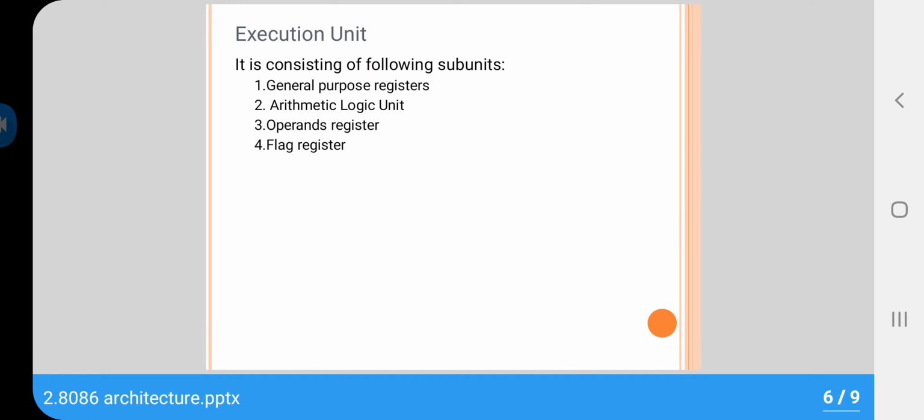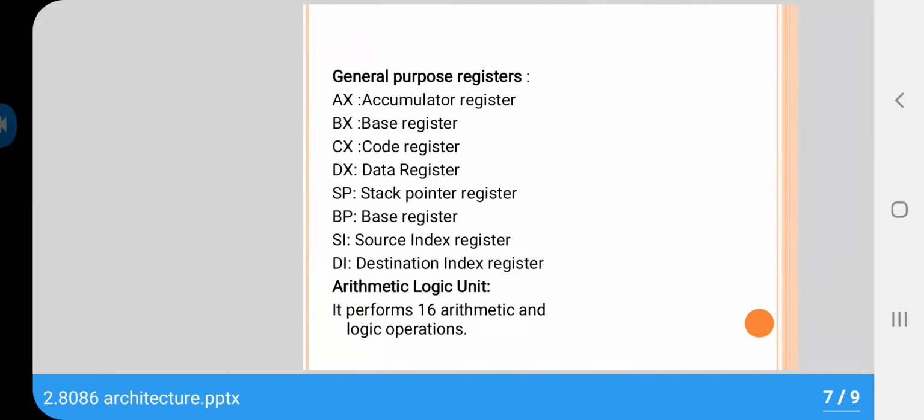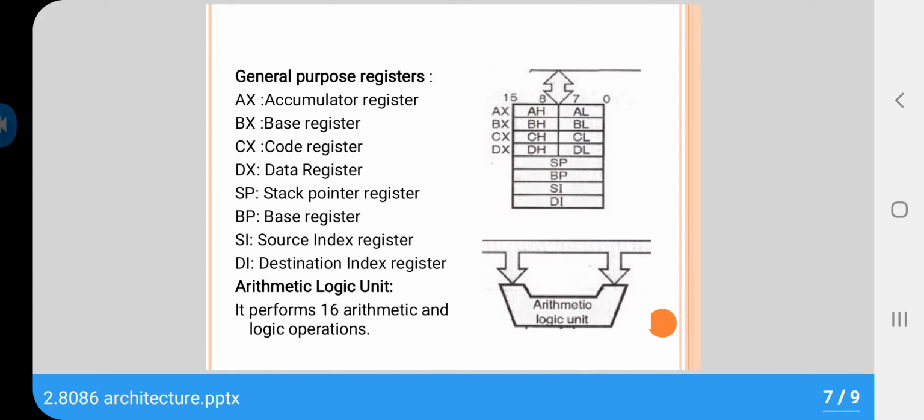Then we have execution unit from 8086 architecture, which involves general purpose registers, arithmetic logic unit, operand register, flag register, control system, and address bus. We will see arithmetic logic unit first.